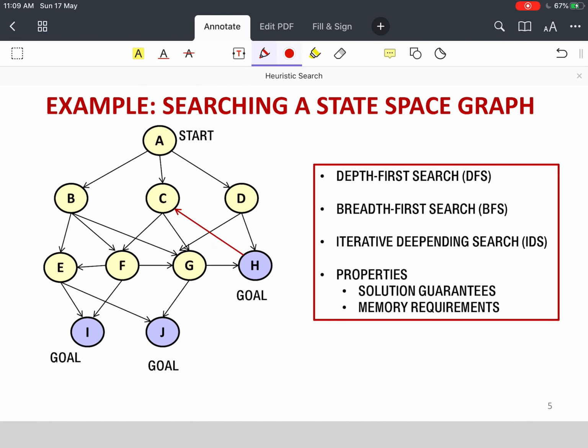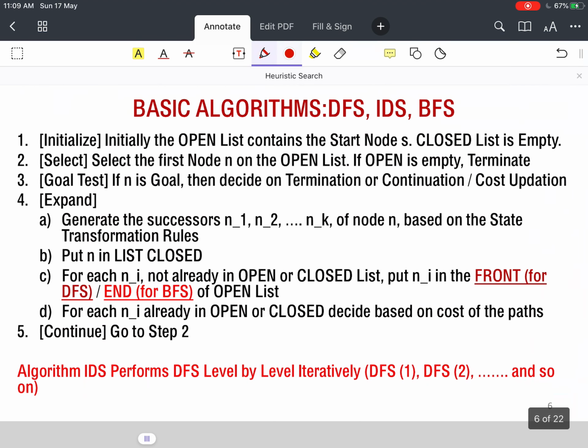In the last lecture, we talked about 3 algorithms on a graph: depth first search, breadth first search, and iterative deepening search. The basic algorithms are of the same type. There is an important list called the open list, and this open list consists of the nodes that are to be explored further.